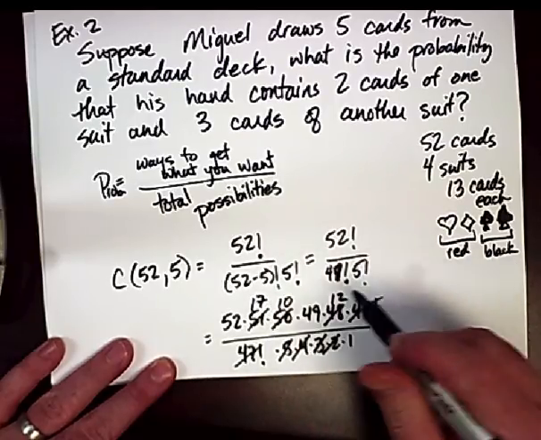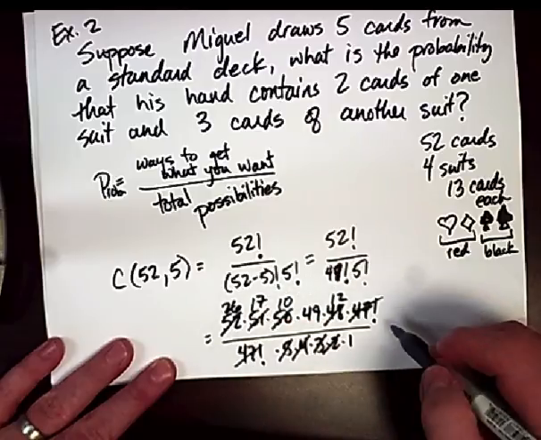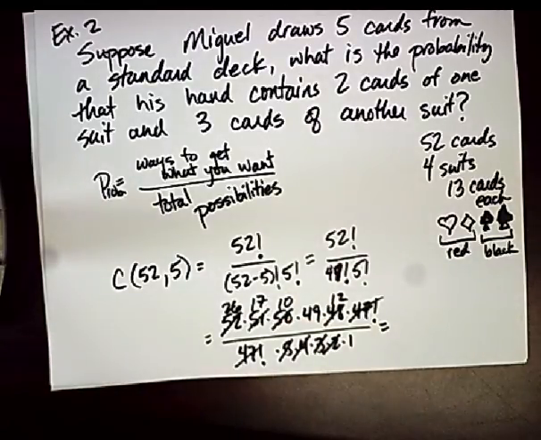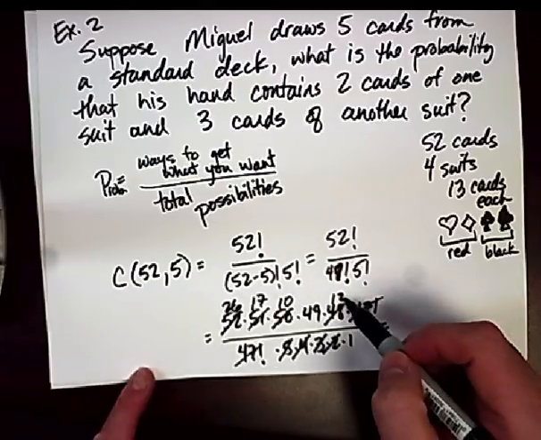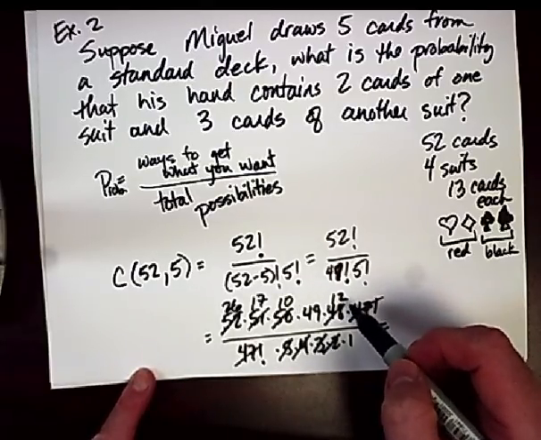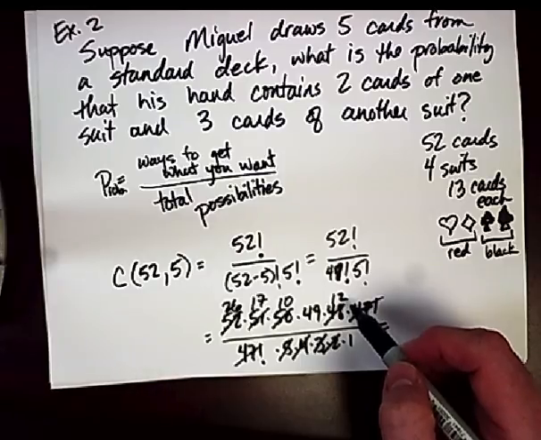And 2 goes into 52 26 times. So you're left with 26 times 17 times 10 times 49 times 12, which is